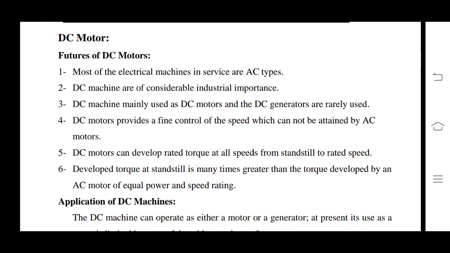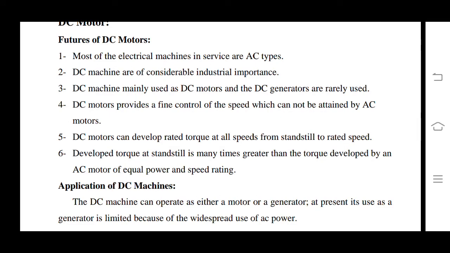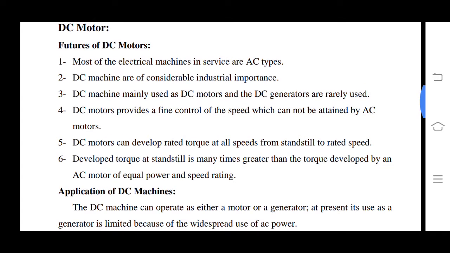Or AC power. It is because of this, we can study, I will give the clarification in the working of the DC generator. Because in the DC generator, if you generate a large power by the DC generator,